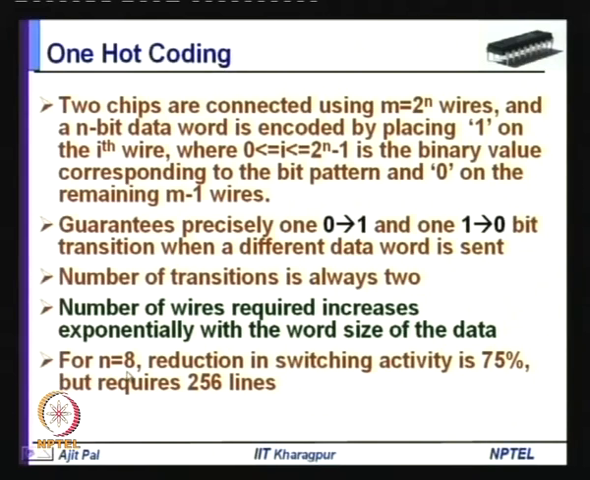For n is equal to 8, the reduction in switching activity is 75%. So, you can see you can have 75% reduction in switching activity, but unfortunately, it requires 256 lines. So, n is equal to 8 and m is equal to 256. So, you see this is how the number of lines increases,